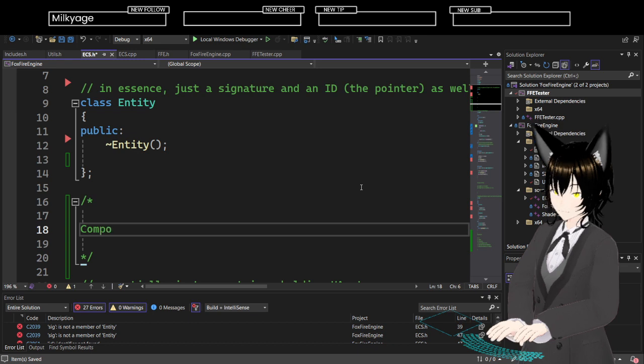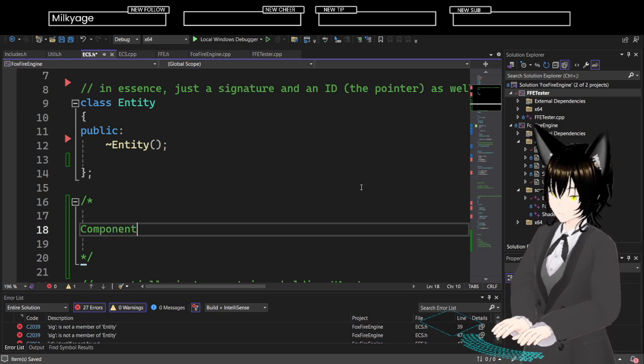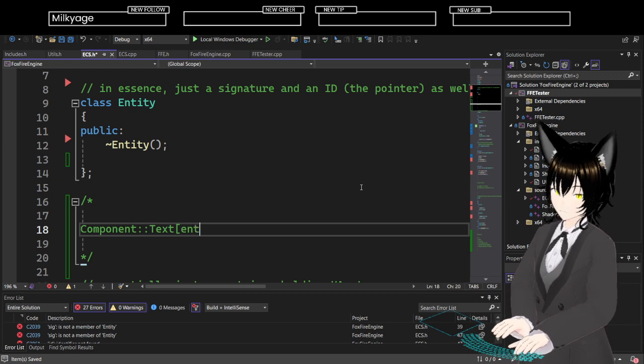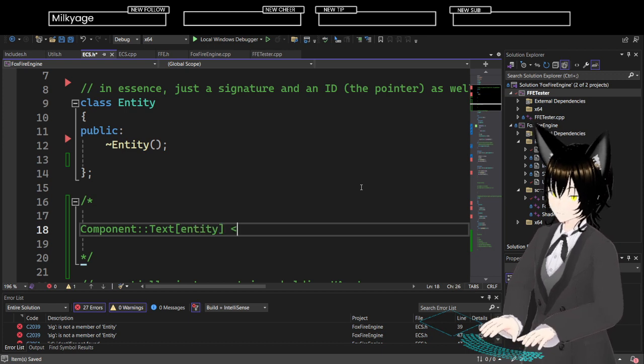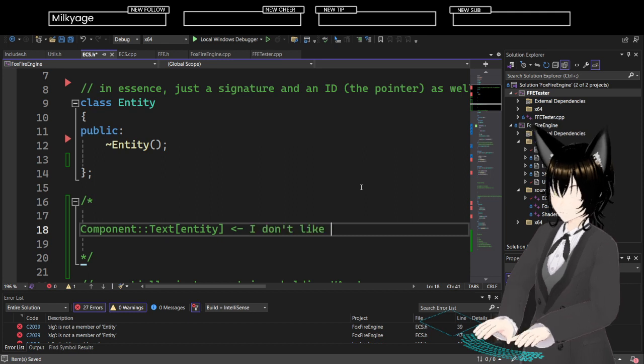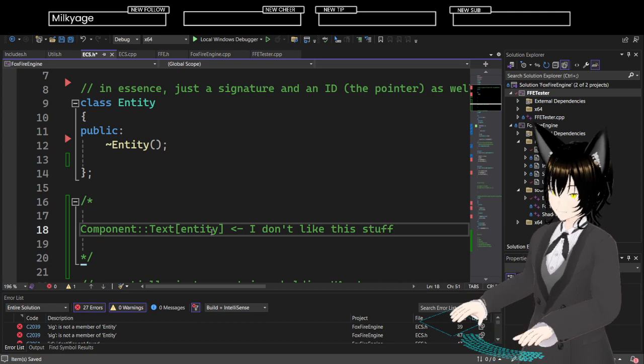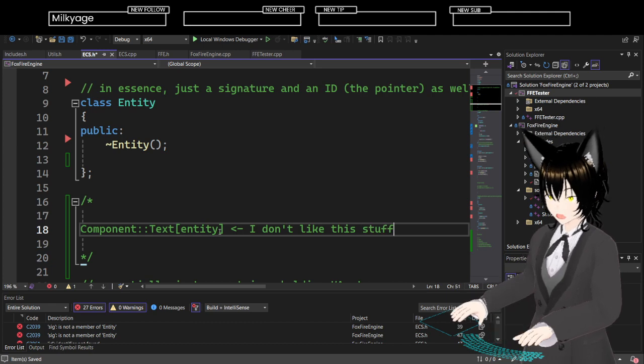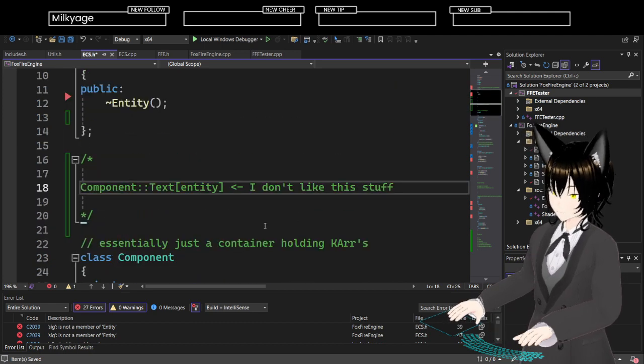But another thing that I don't like is the whole components, text, entity, right? I don't like this stuff. I don't like this whole syntax. I really don't like this syntax.